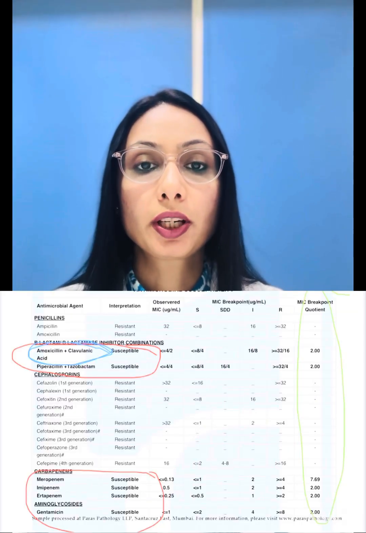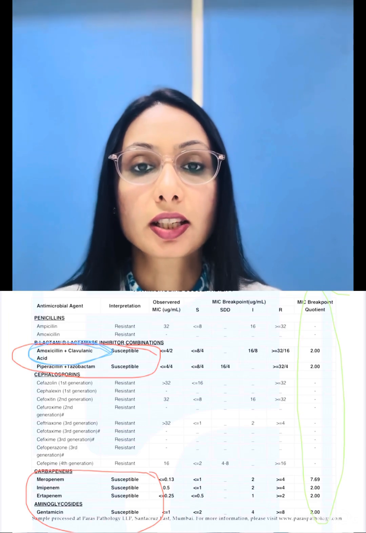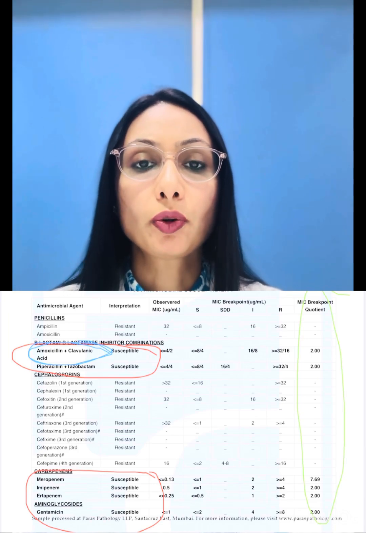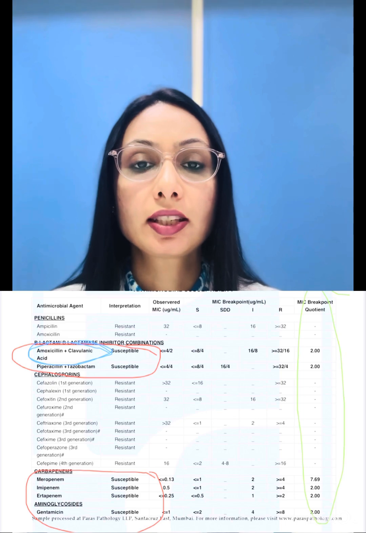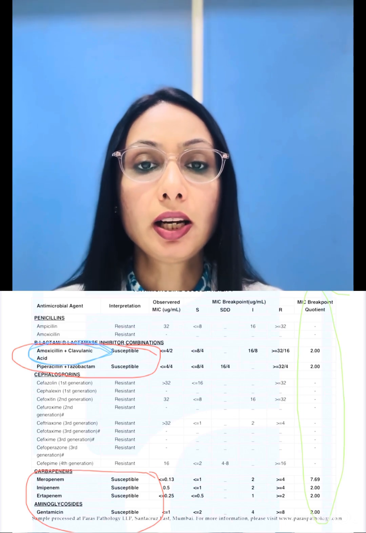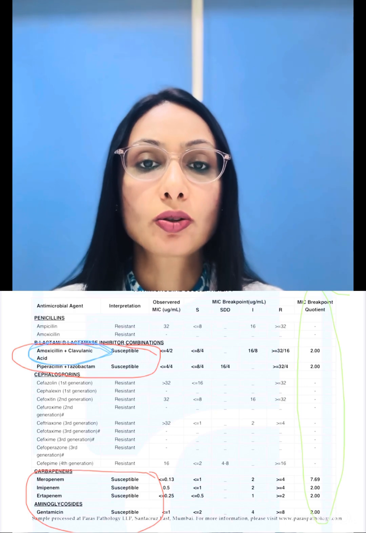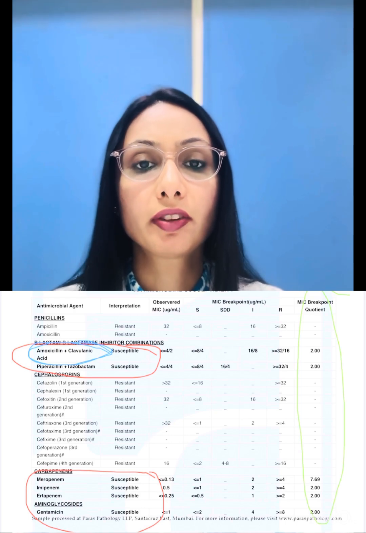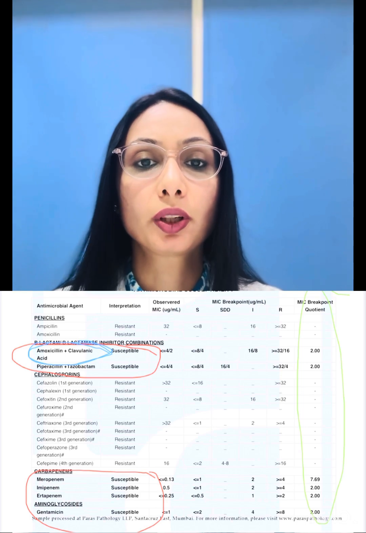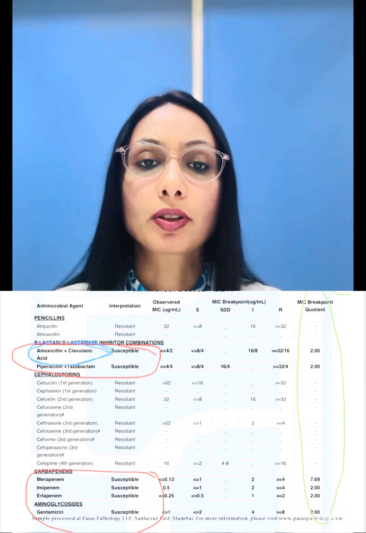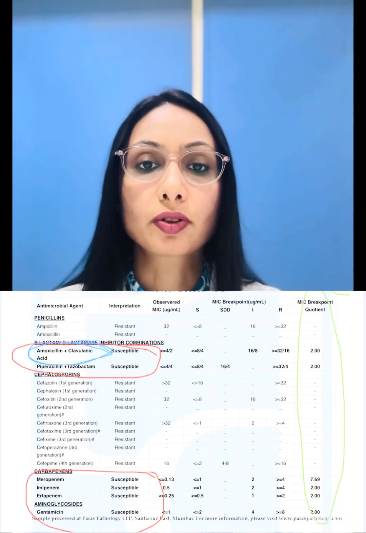In the given report, you can see there are 6 drugs which are susceptible. Now for an OPD patient, what I will do, I will see which one out of these is available as a tablet. Of course, the patient is not having an IV line, so we have to choose the best oral available drug. So here only amoxicillin clavulanic acid is available orally, the rest all are not. So our choice is simple. We will give amoxiclav to the patient and that's the end of story.